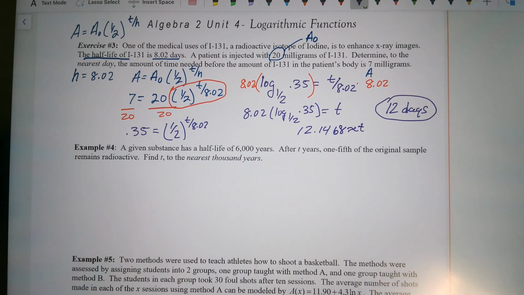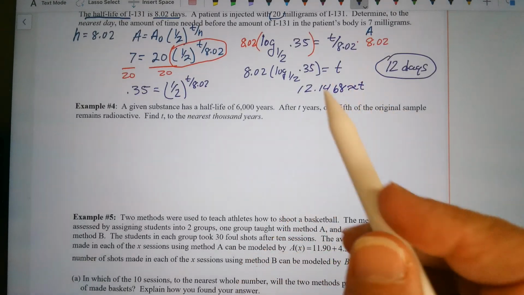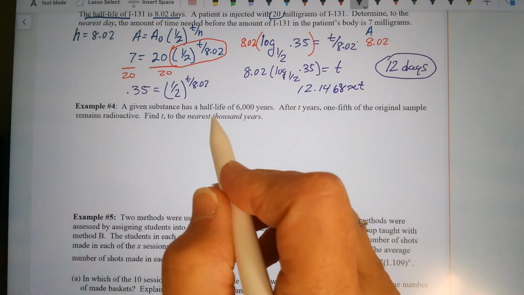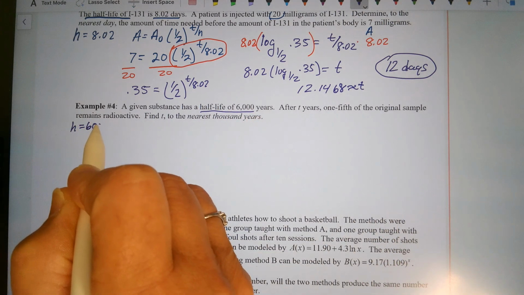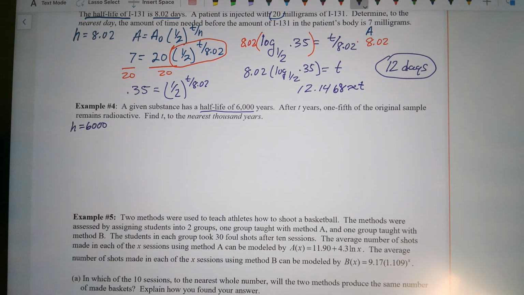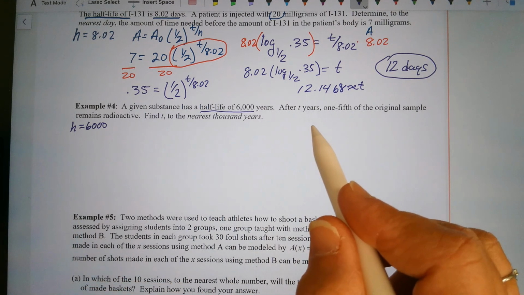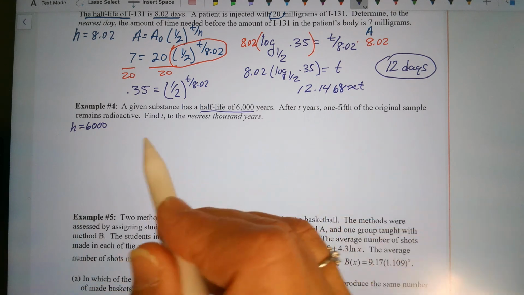Perhaps if you want to try the next example on your own, pause the video. A given substance has a half-life of 6,000 years. After t years, 1/5 of the original sample remains. Find t to the nearest 1,000 years. Okay, so after t years, 1/5. So we can start with